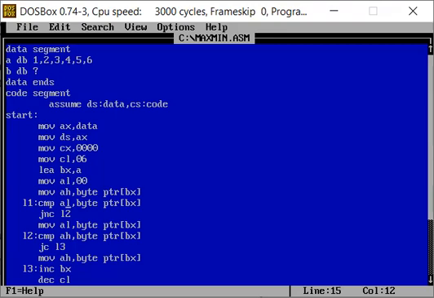If AL is greater than the element in the array, the jump not carry will be activated and it will jump to L2. In L2 we loop 2. Now here we compare AH with the element in the array.